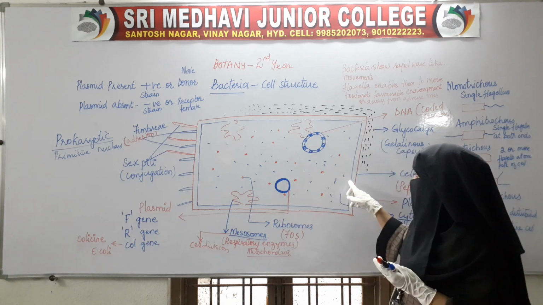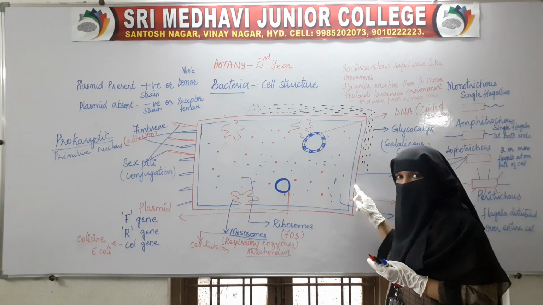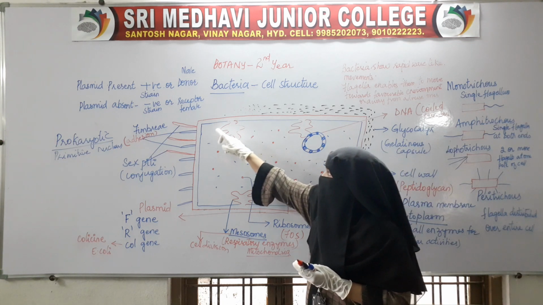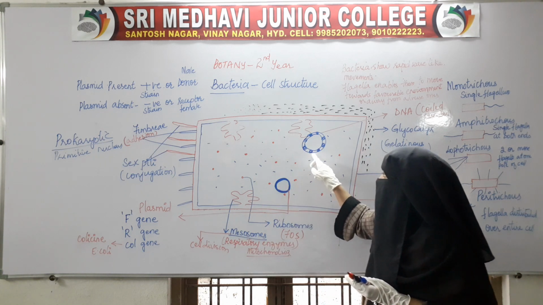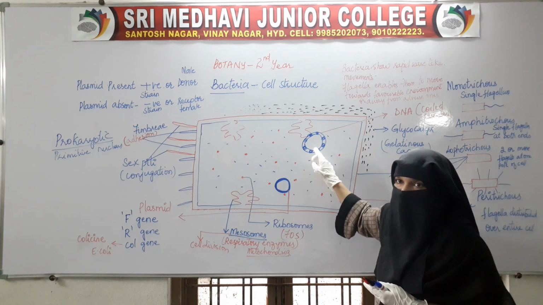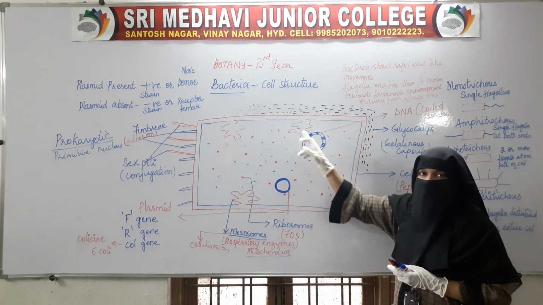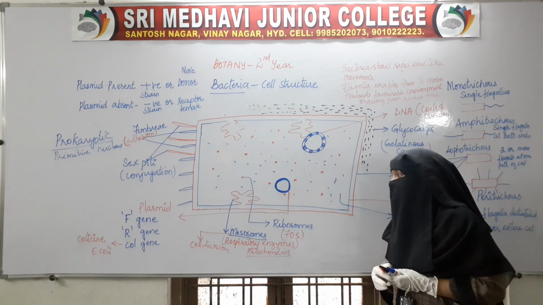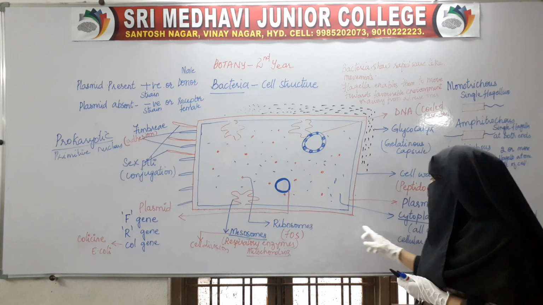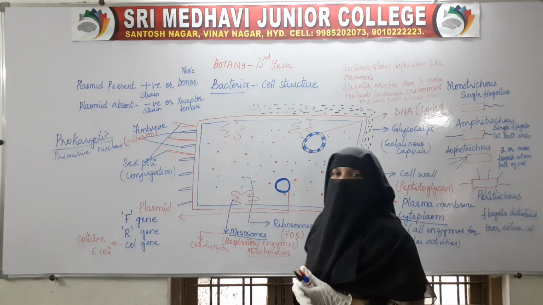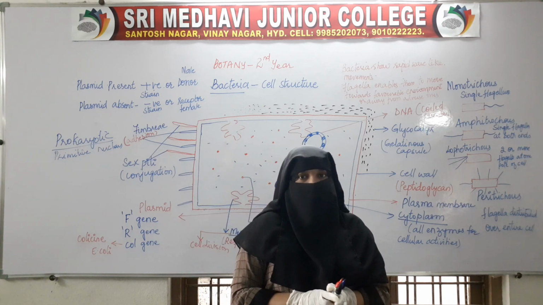So far, it consists of the plasma membrane. Surrounding the plasma membrane, we have the cell wall, and the plasma membrane is thrown into many foldings, which are called mesosomes. Attached to the mesosomes, we'll find circular DNA, which will be attached to the mesosomes before the cell division. Along with this, we also find cytoplasm, which consists of all the enzymes required for carrying out the activity of the cell.